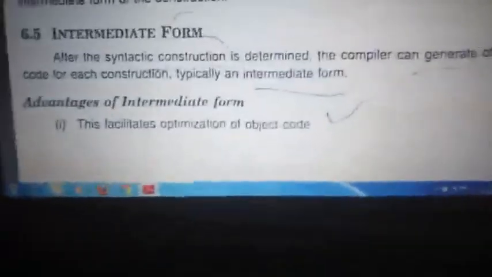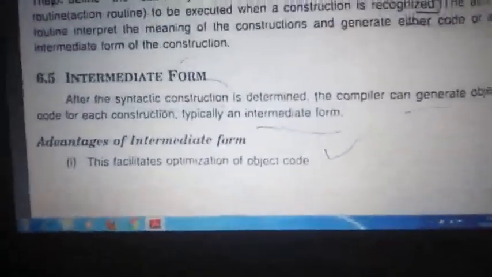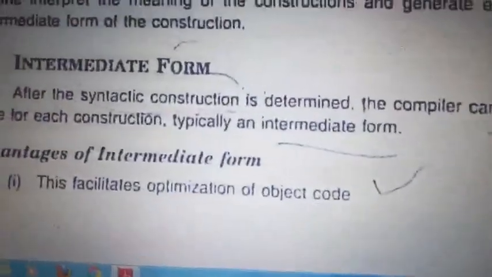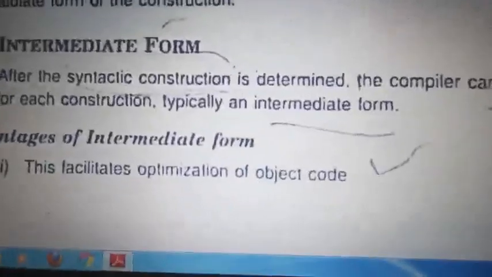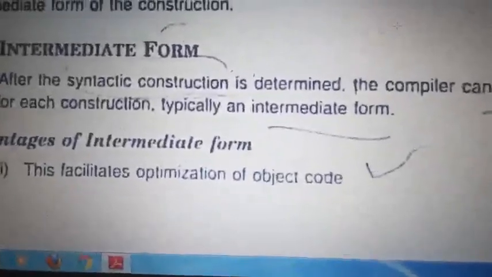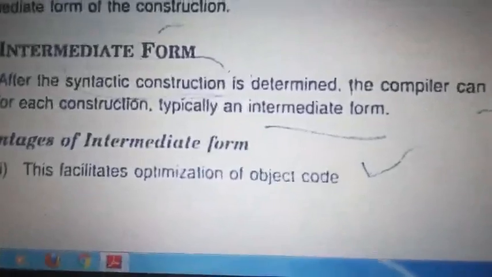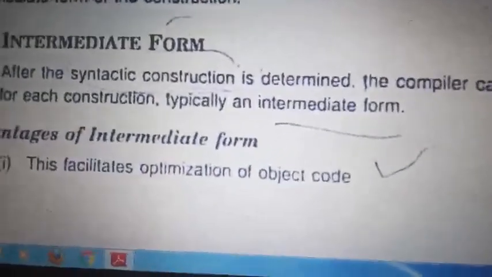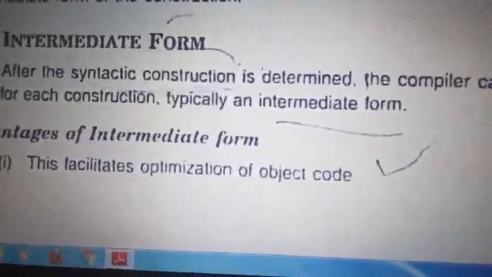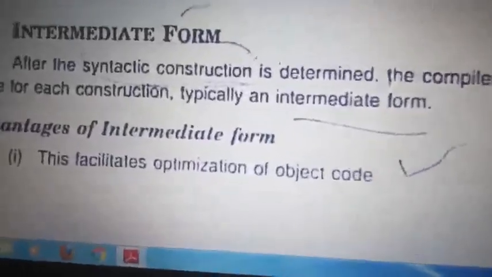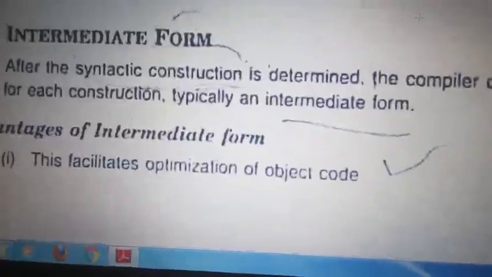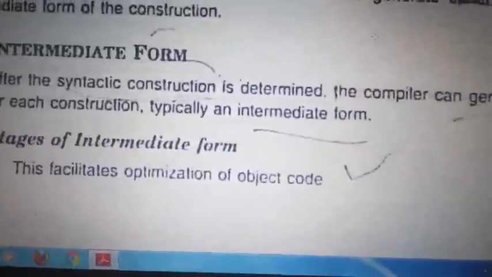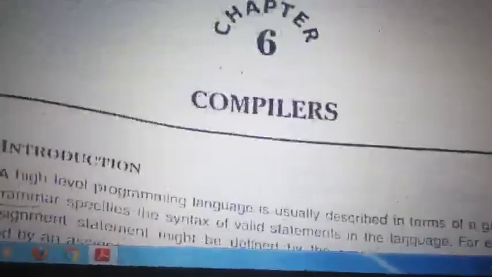Instead of using a huge code, we can minimize the code. That is the efficiency. If we minimize the code, definitely we will save memory. That is the use of intermediate code. In the middle, it is not giving the complete compiled program, it is giving the half compiled program. In that, again we can optimize, means we can increase the efficiency, might be in terms of length or memory utilization. If you reduce the memory utilization, then it is also good efficiency or optimization. Clear? And the second advantage is